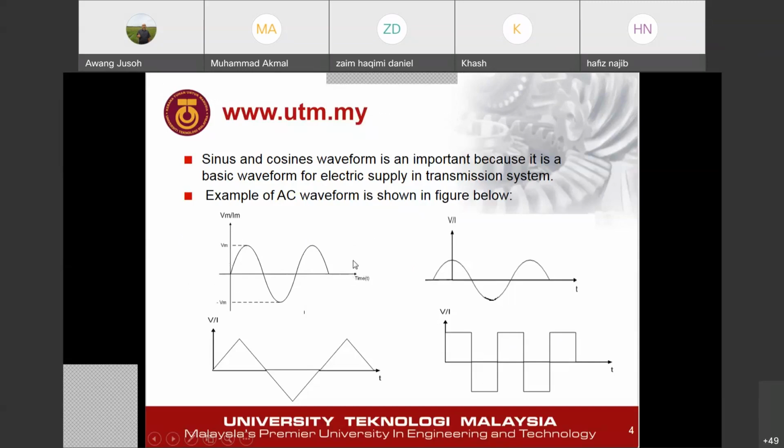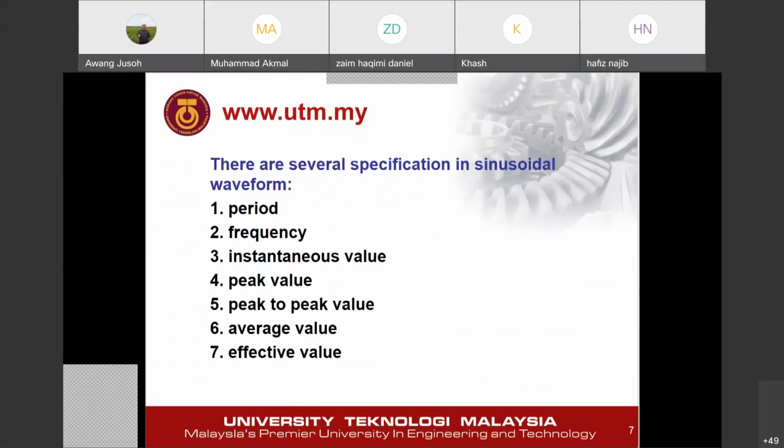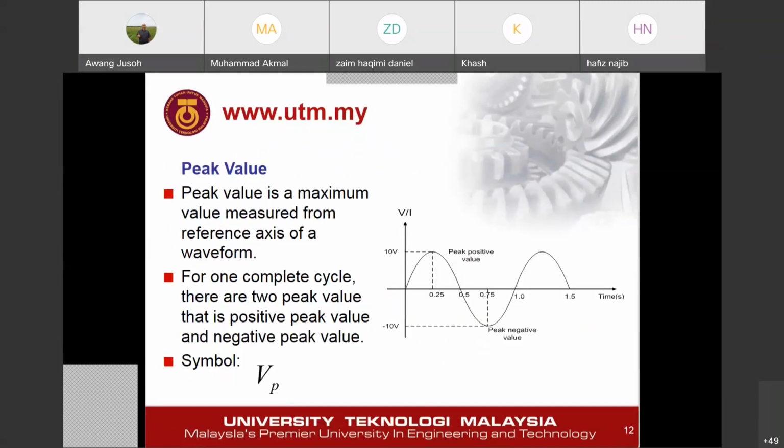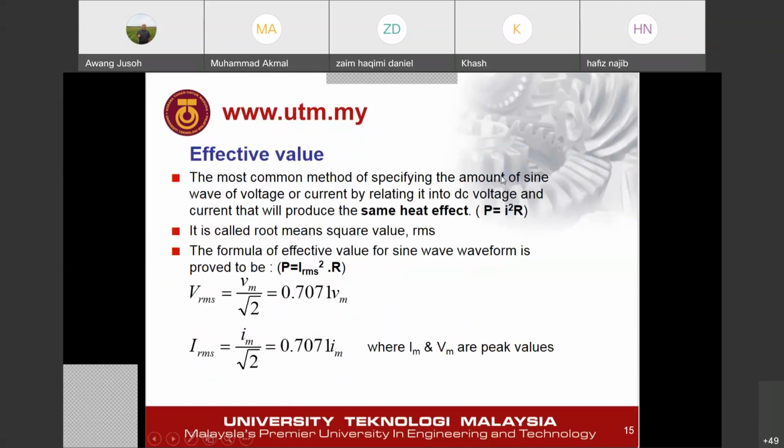Okay, so if we have power like that and you want to know the power consumed in the load, for example, you have a load in your system. The formula is simple, same as before. You can use I squared R, but I must be I RMS squared. Or you can use V squared over R, but V must be V RMS squared divided by R. Or we can use RMS V multiplied by RMS current.